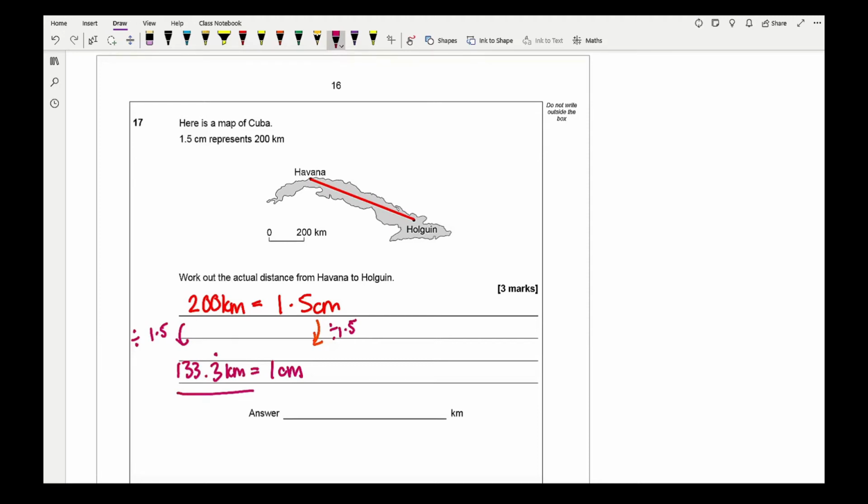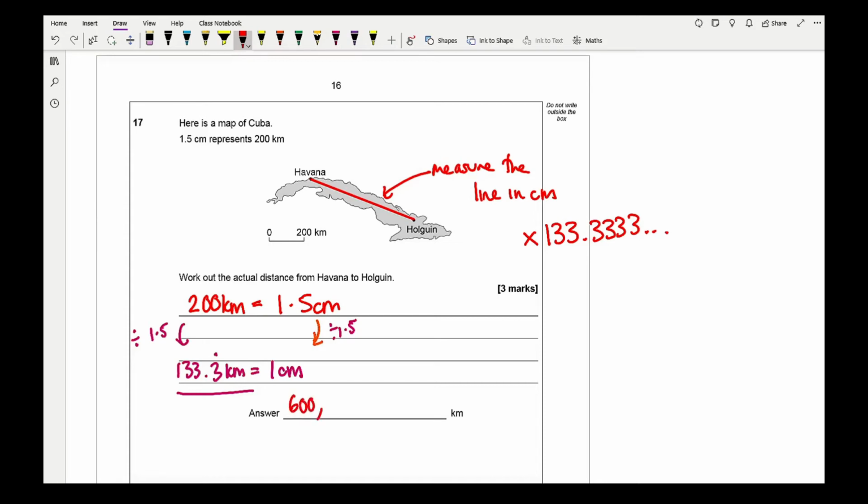So what you need to do is measure the line in centimeters and then multiply the answer by 133.333 recurring. Now, the typical answers that people got to get full marks were something along the lines of